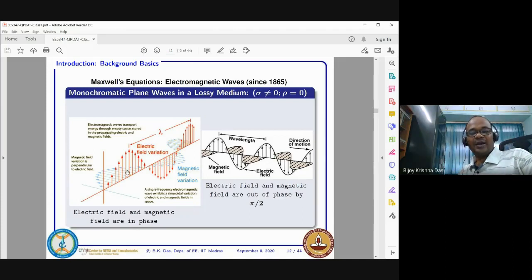But the thing is, let us concentrate only on the electric field. I know that the electric field is maximum now here. So the rate of change of electric field is happening here, and that is supposed to create your magnetic field. But at the same time, you see the magnetic field at that particular point is also reducing. How to justify that? And vice versa also. The rate of change of magnetic field should add to your electric field. But you see both are simultaneously changing at that particular point.